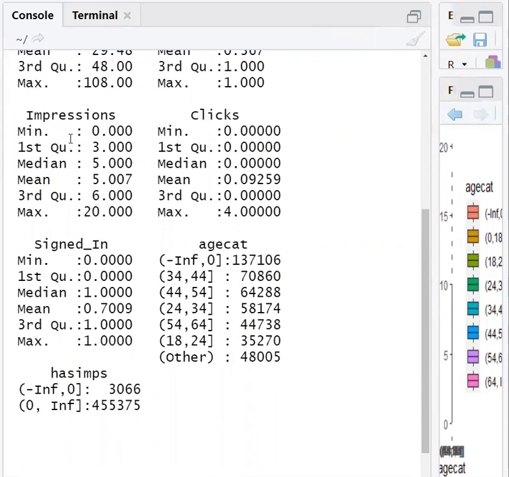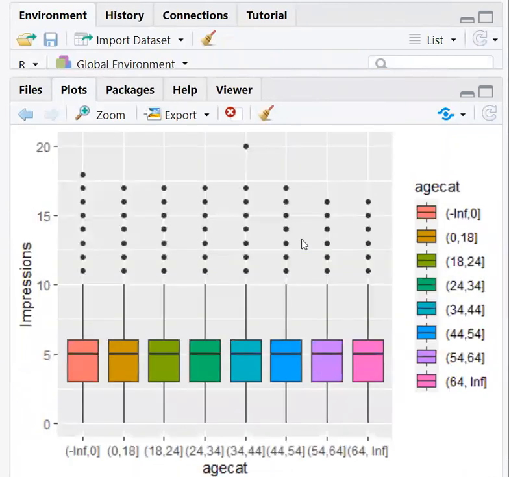This quartile indicates it is again a probability distribution within the range. The third quartile is at 6. So this is an overall summary of impressions, but here in the graph we are looking at only the categories. Anyway the median is 5, so across the categories the median is 5.